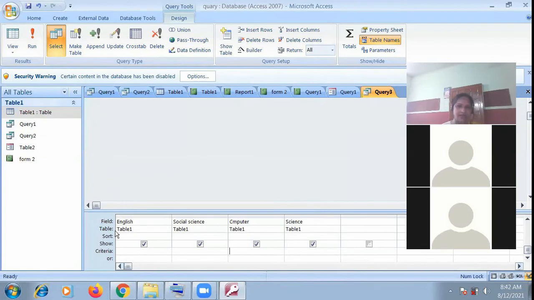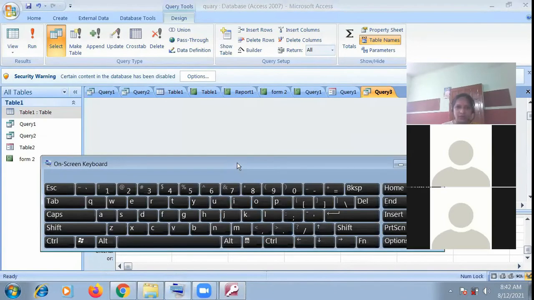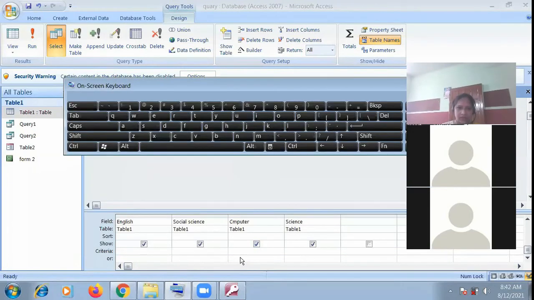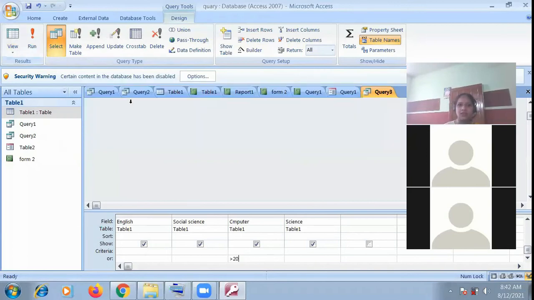Less than 50. Let's give it from the keyboard. Criteria: greater than 20. When I run it, I can extract the data.